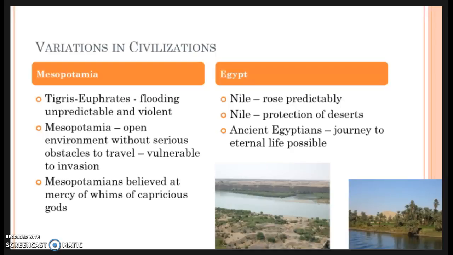Now, compared to Egypt, where they relied on the Nile River, the flooding was cyclical, it was seasonal, it was very mild flooding and it was very reliable. The Nile also offered protection, as well as the fact that Egypt could be protected by the Mediterranean Sea in the north, by the Red Sea in the east, by the cataracts of the Nile River to the south, and the desert to the west.